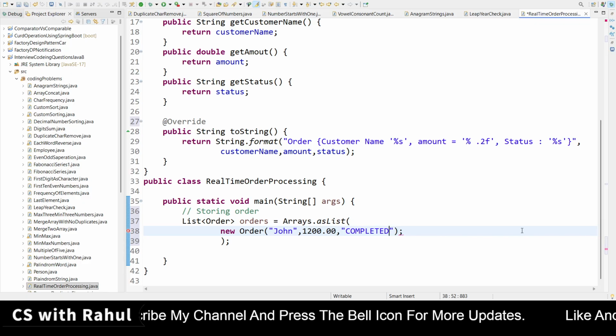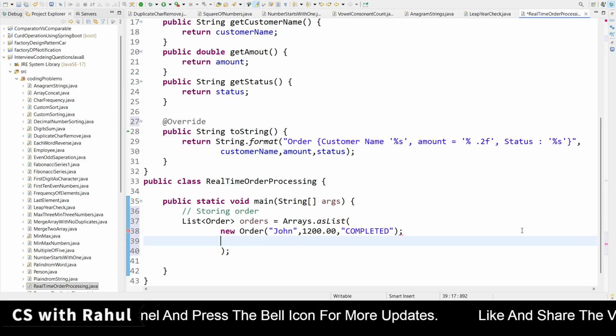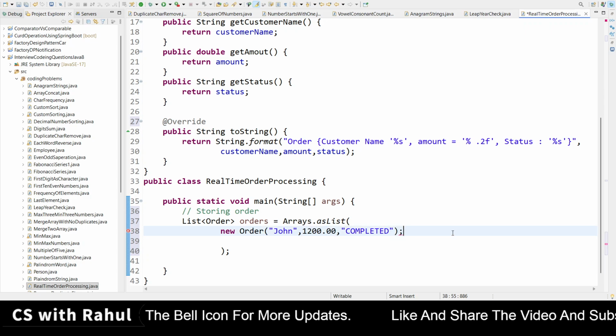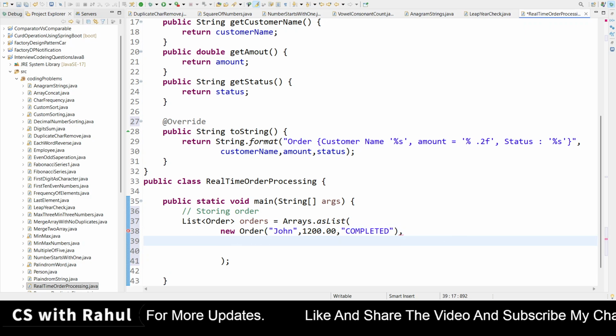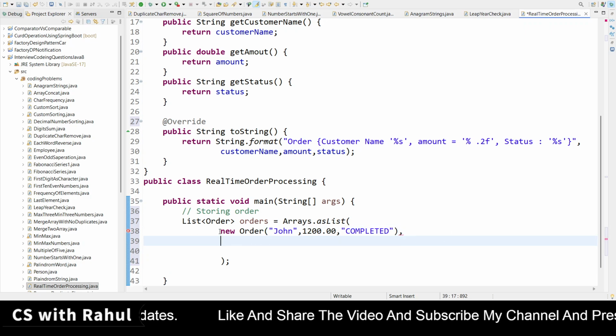This order is completed. Then again the next order, here a comma we need to provide. Next order I am going to provide, so let me copy it, guys, so it will be fast.